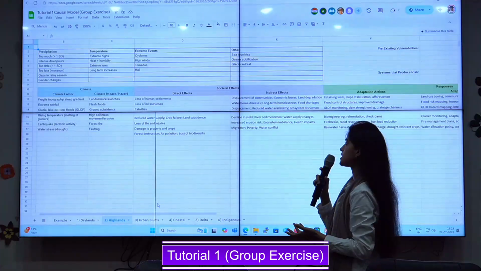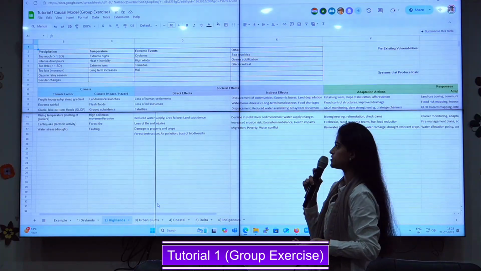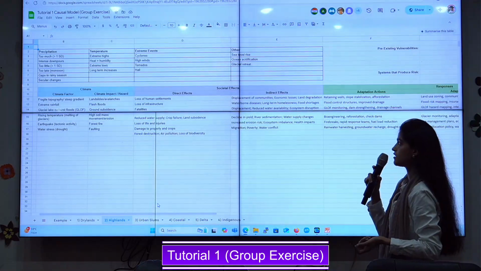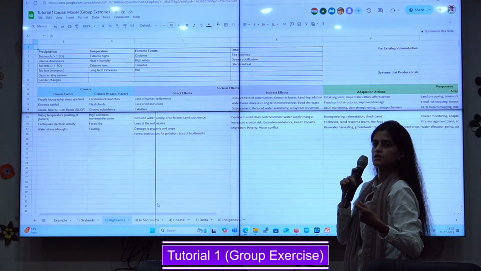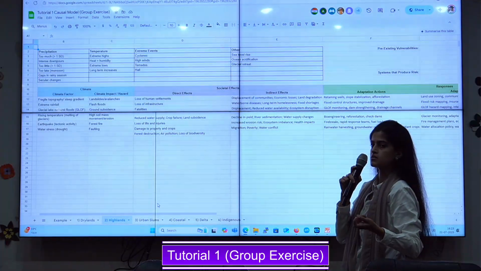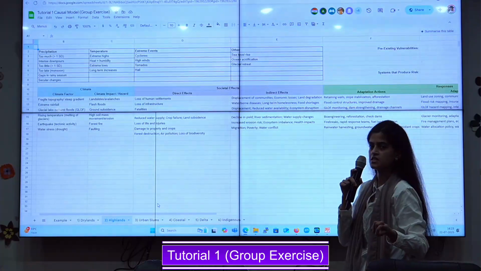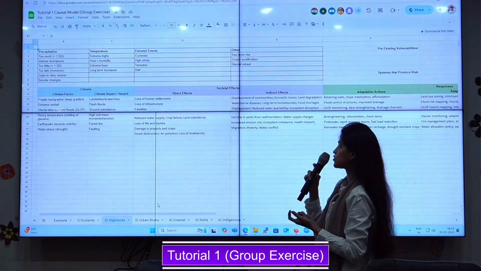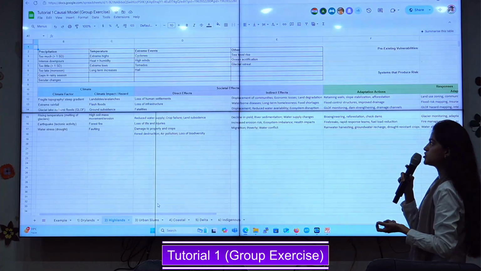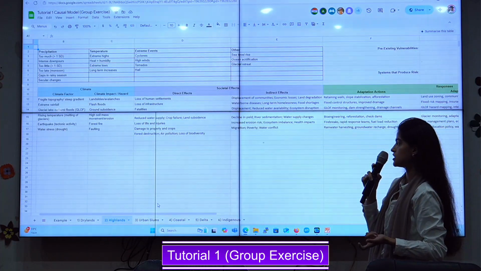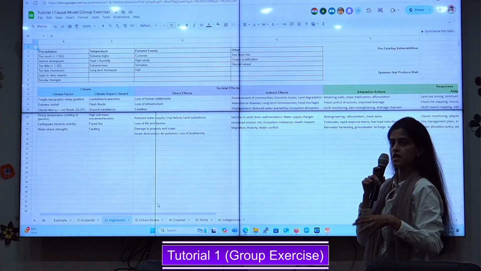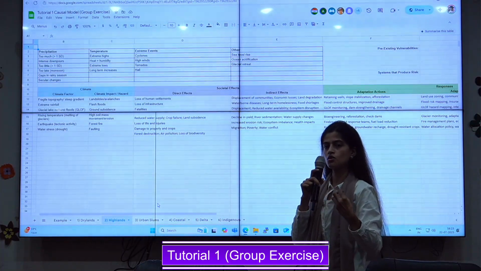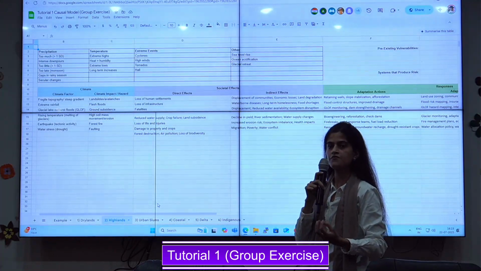Coming to the direct societal effects, it's loss of human settlements, which is very obvious, loss of infrastructure, fatalities, reduced water supply. Wherever there is terrace farming or beverages like tea, which are usually grown in the mountainous regions, there is crop failure, land subsidence, again loss of life and injuries, damage to property and crops, forest destruction, eventually leading to more than air pollution. I suppose there is soil pollution taking place, because there's all the contamination of the soil after this